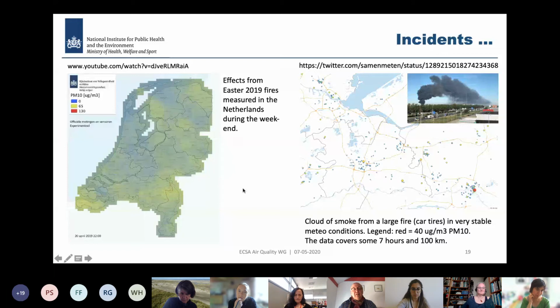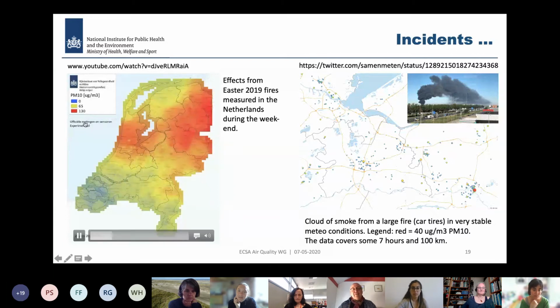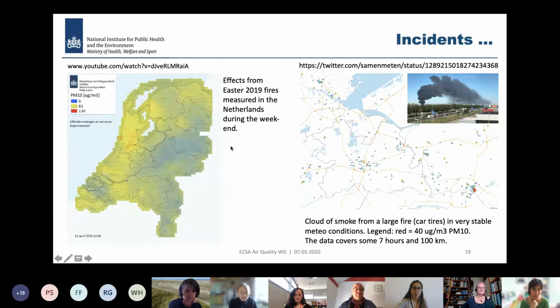So when we look at a map created from all the sensor data, we see these high concentrations coming in from Germany, and look at the scale, it's 130 micrograms, the red wave. So we see very high concentrations coming in from the east. Then there's a drop in concentrations because they all go to sleep. But then the next day they all start putting on the fires again. So we see how, again, a whole wave of air with higher concentrations is entering the Netherlands and moving